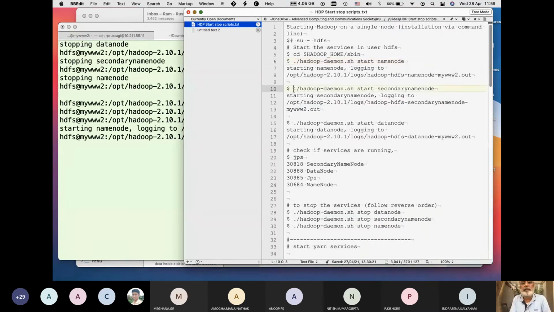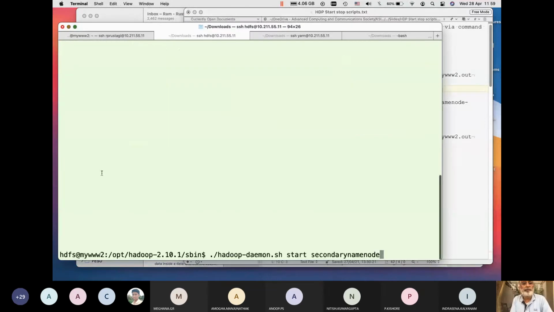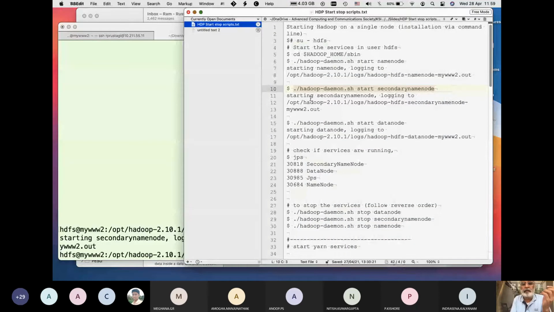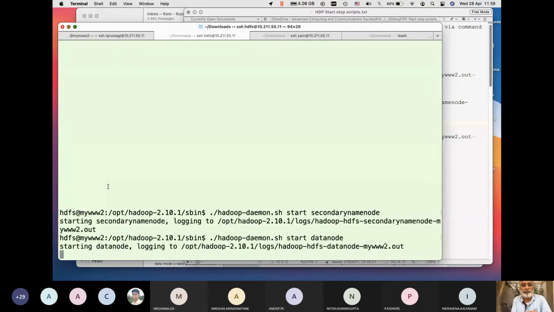Then I run the secondary node. The secondary node is started. And then I start the data node, where the program would actually run. So these are the actual name node and data node.